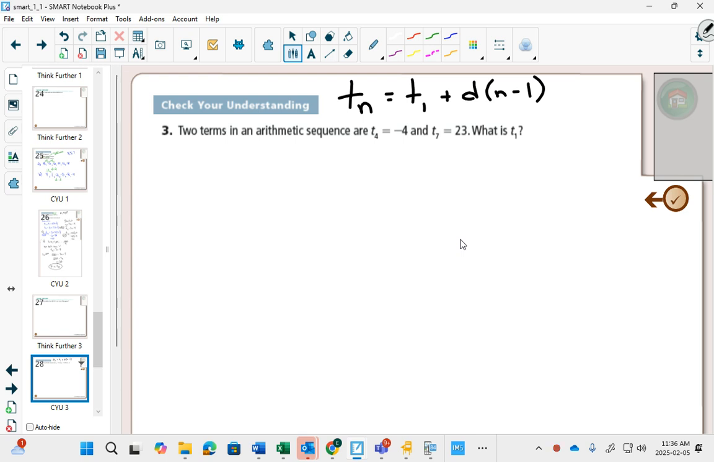So what I do know is this. This is what my sequence looks like. I know term 4. Don't know term 5. I don't know term 6. I know term 7. I want to find term 1. But right now, all I know is term 4 and term 7. So I can't use my formula because I don't know D. So that tells me I probably need to